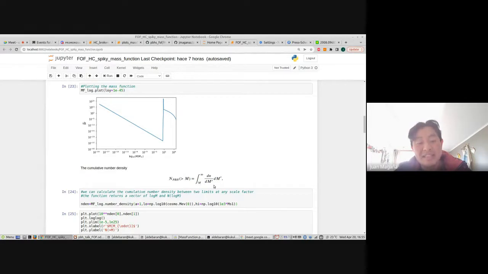But these integrals are very sensitive to the spike. We need to have high resolution in this region of the spike to get a correct value for the integral.